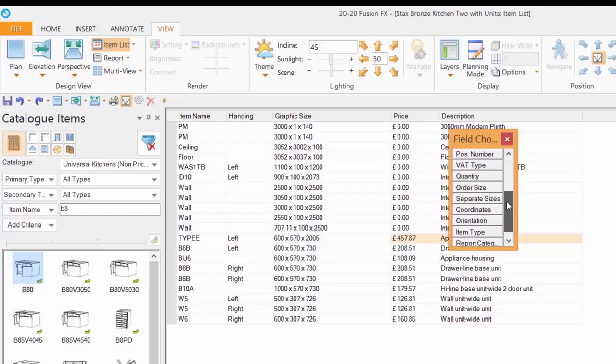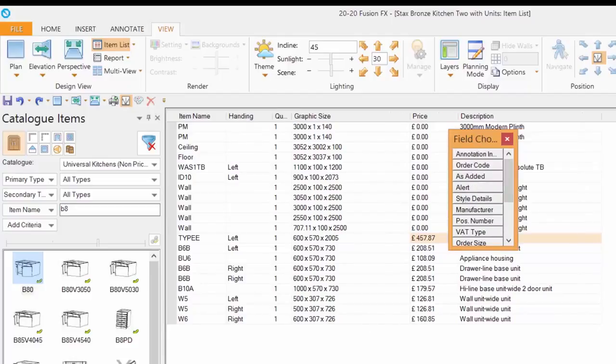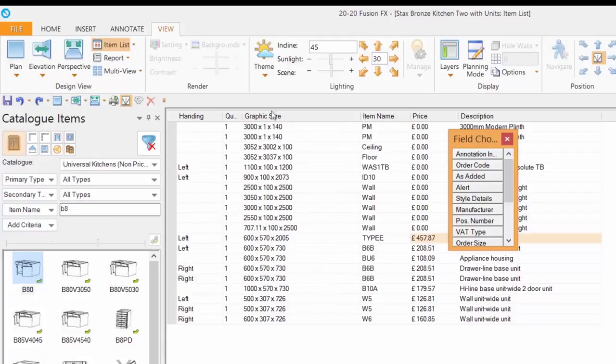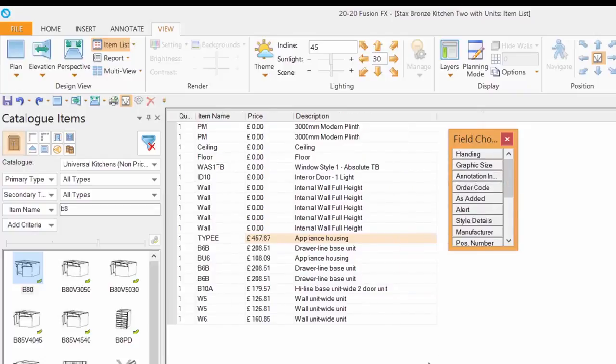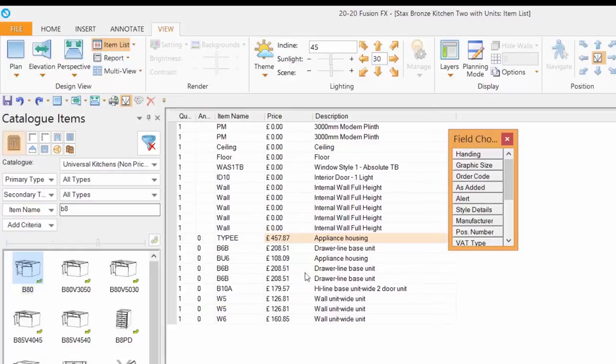We could come through and perhaps choose the quantities. So any way you wanted to, there is the quantity box. I can move these things around, and if I no longer want the graphic size, I simply put it back into the field chooser, because what's going on in here is actually going to be reflected later in your quotation or your report. Maybe for instance we want to choose the annotational index,